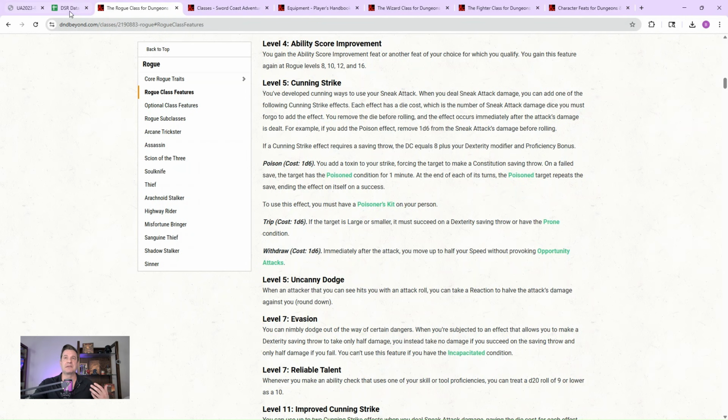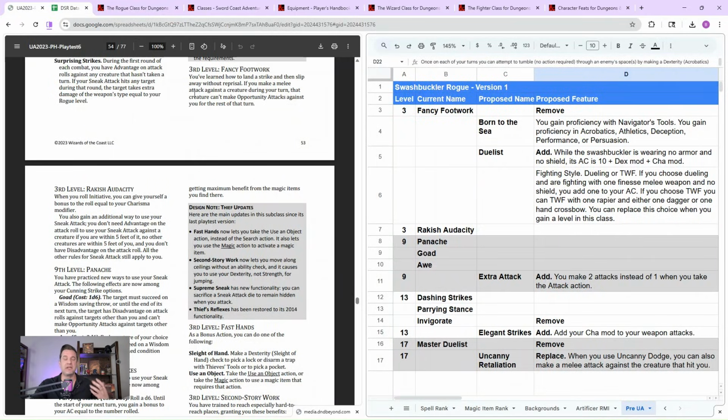So yes, Fancy Footwork still adds value, but if you start adding up the Venn diagram of how cunning action, disengage, and withdraw work, plus Nick removing the need for the core reason they designed this into it, I say we remove it, because it's only slightly better than withdraw. Free that up so we free up some power budget to add something else to this. And what I would propose that we replace it with is two features.